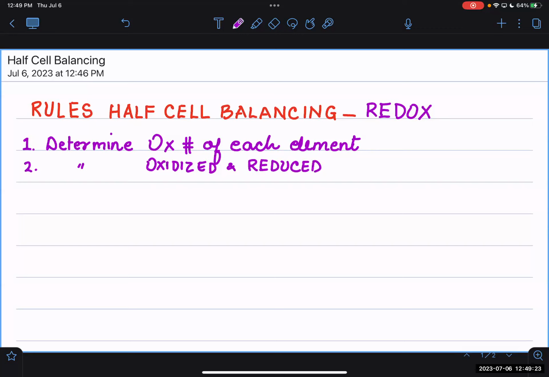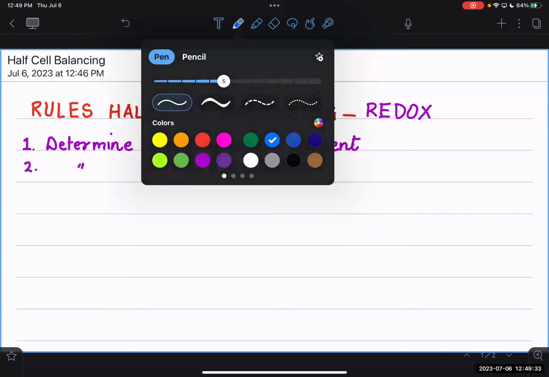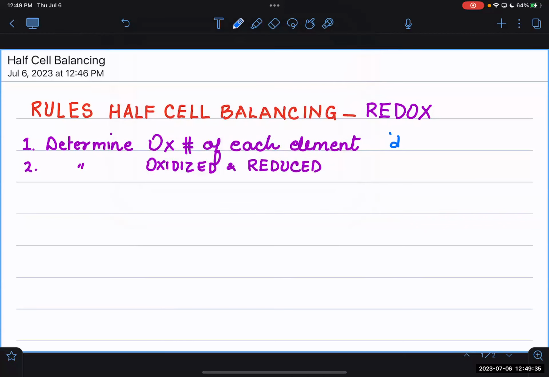Now, remember that you will have to do the calculations when determining the oxidation numbers for those elements that can form more than one type of positive charge. So here I'm going to make a note of it. All the d-block elements, the transition and post-transition elements,